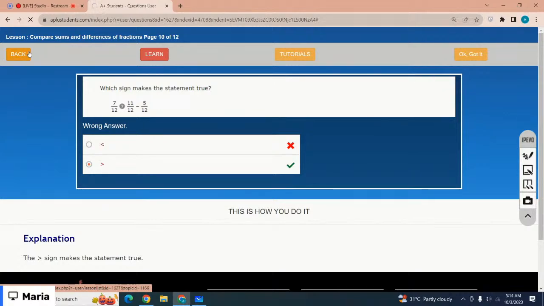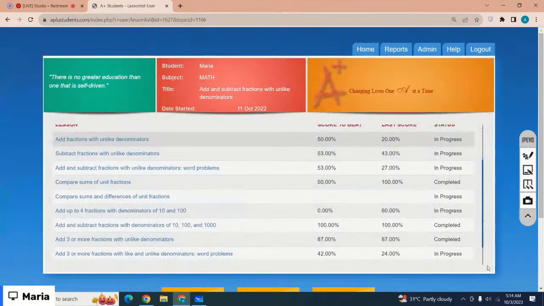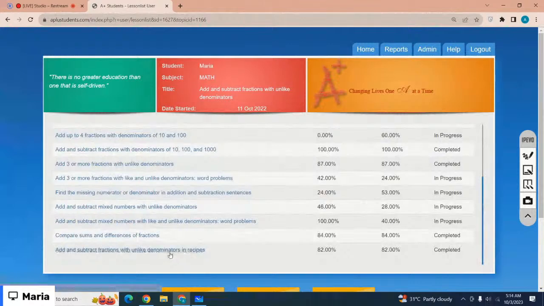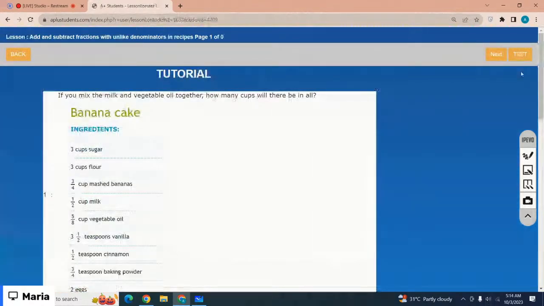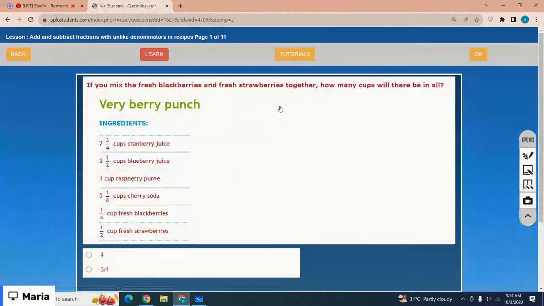So let's just start with the next lesson, that is add and subtract fractions with unlike denominators in recipes, right? So the adding and subtracting fractions is same. Okay,